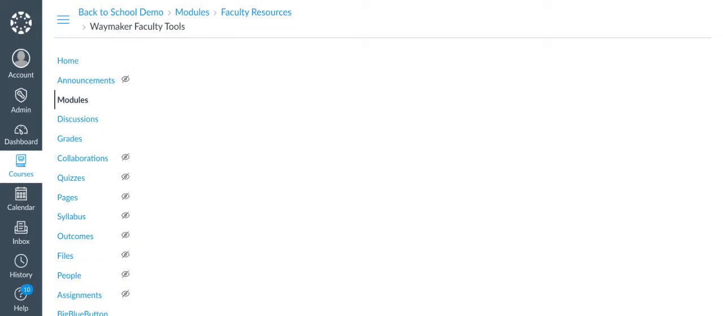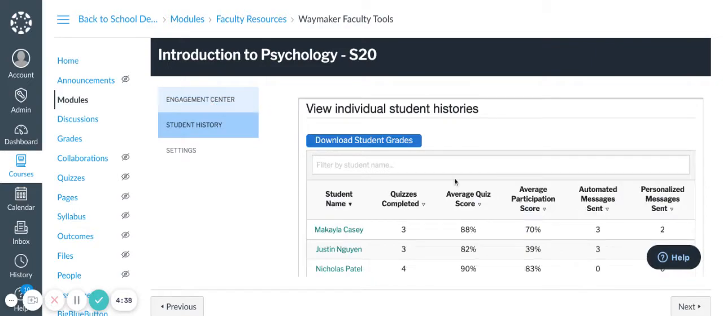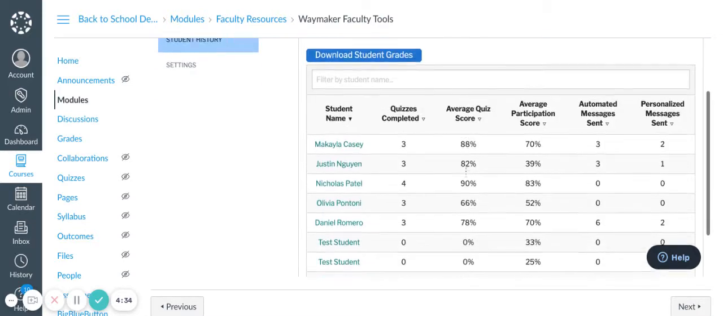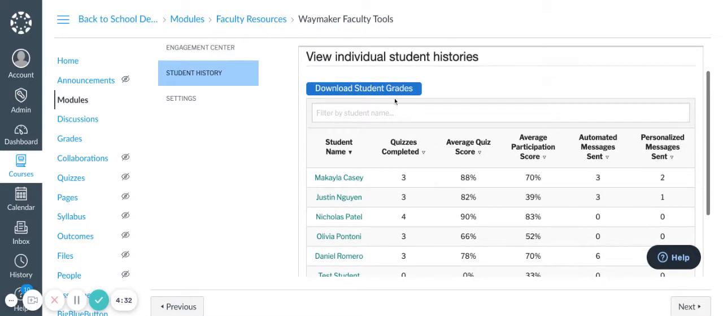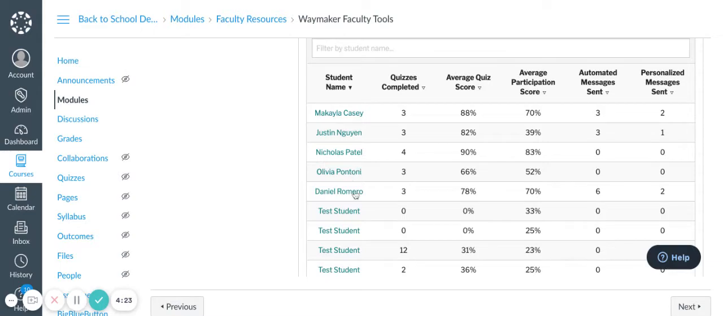If we go into our Waymaker Engagement Center, we are going to have a detailed list of student histories. That's going to be an option on the left-hand side. You'll be able to see all of your student grades for their quizzes and their graded participation from the study plans, as well as a list of all of your student names and a general overview of their quiz scores